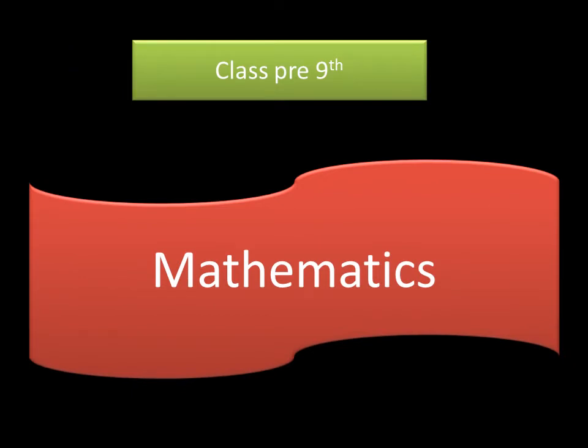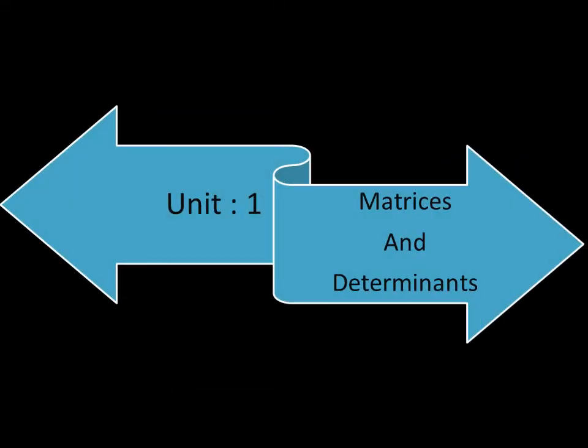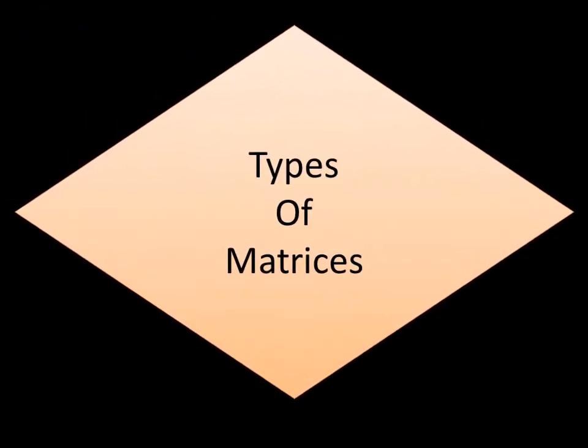We are going to start our math subject. We continue our unit 1, which is about matrices and determinants. As we have discussed, a matrix is a formation of a collection of real numbers which are enclosed in brackets. Today we will discuss different types of matrices. After knowing this, we will be able to understand how to enter the entries of a matrix in different formations.